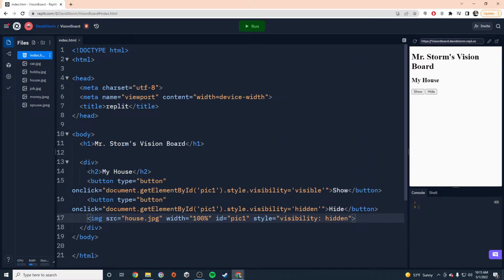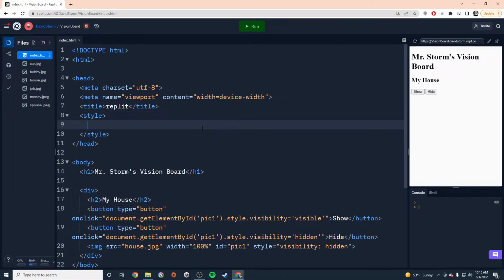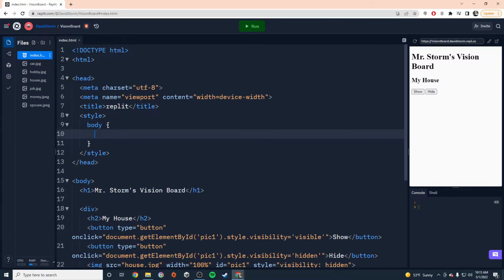So before we move on and start working on the rest of our boxes, let's go ahead and create some style. So I'm going to go up to my head section. I'm going to create a style tag, and inside here, I'm going to start designing my web page. All right, let's start with the body, the background color. So we'll say background hyphen color,